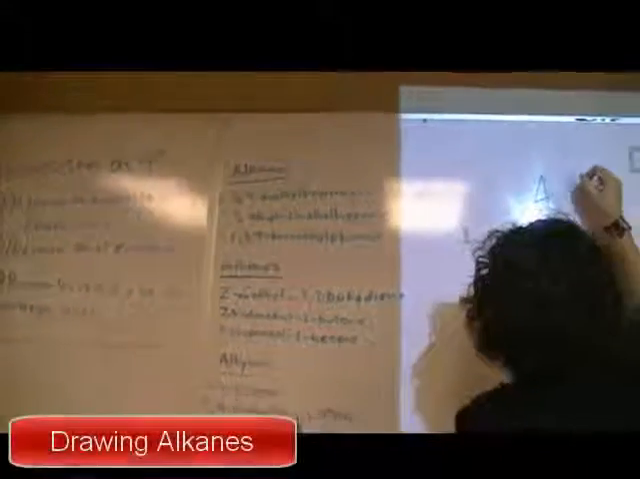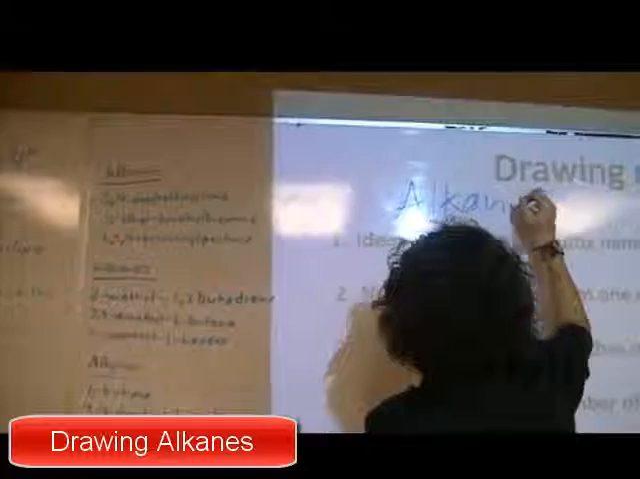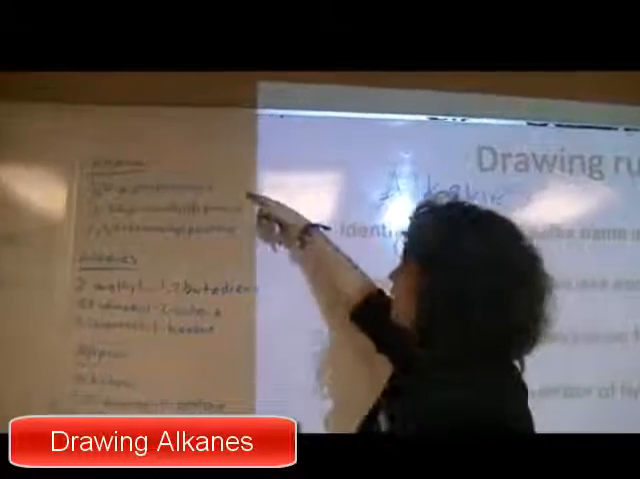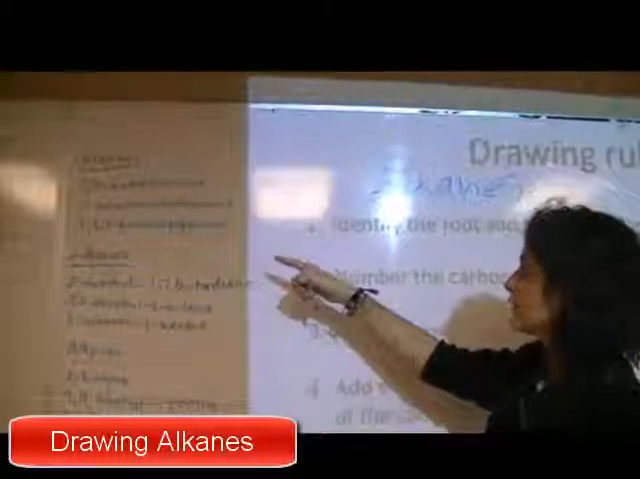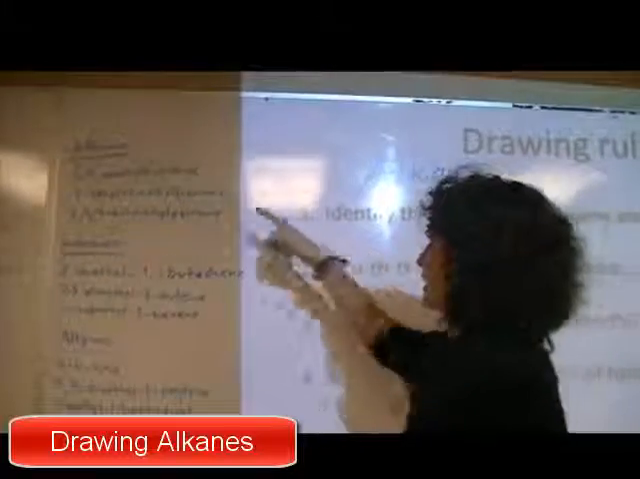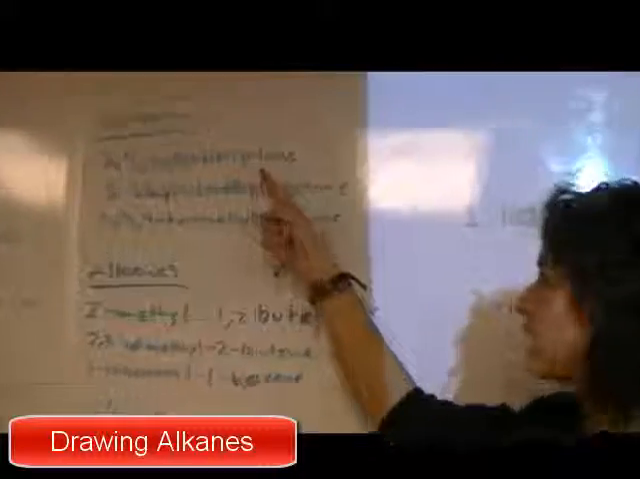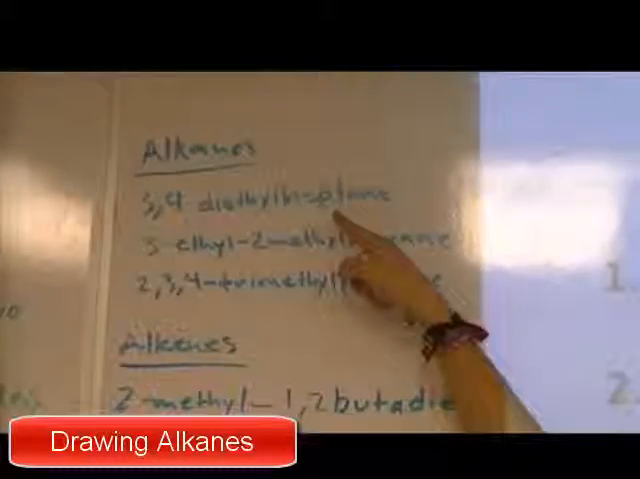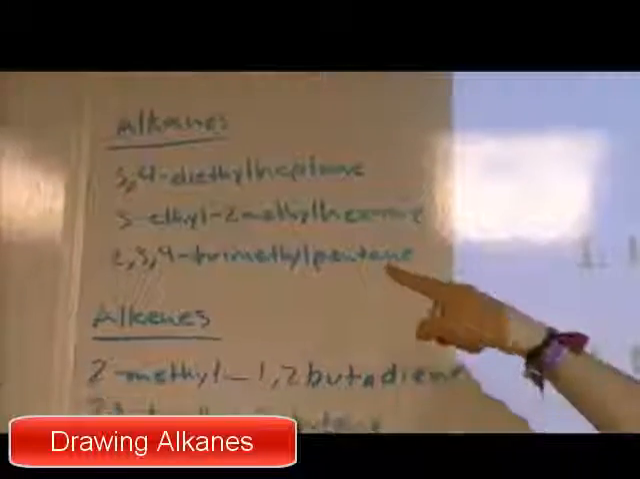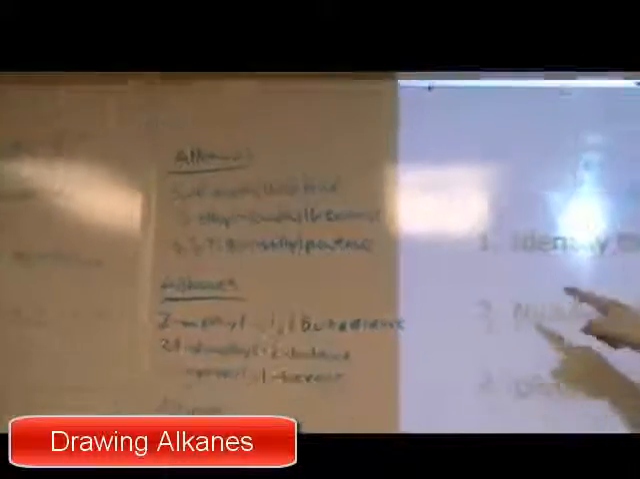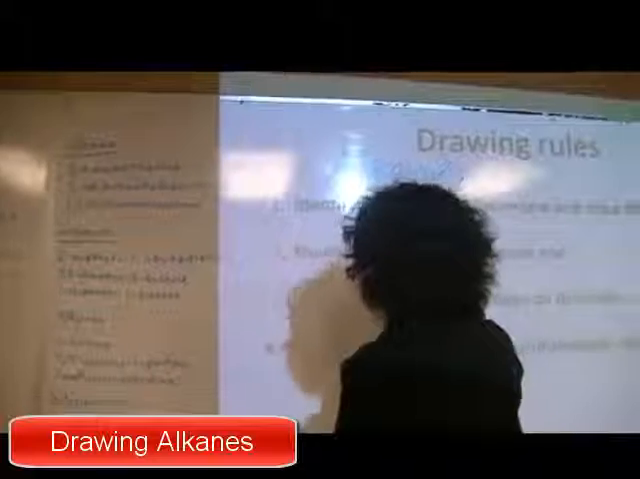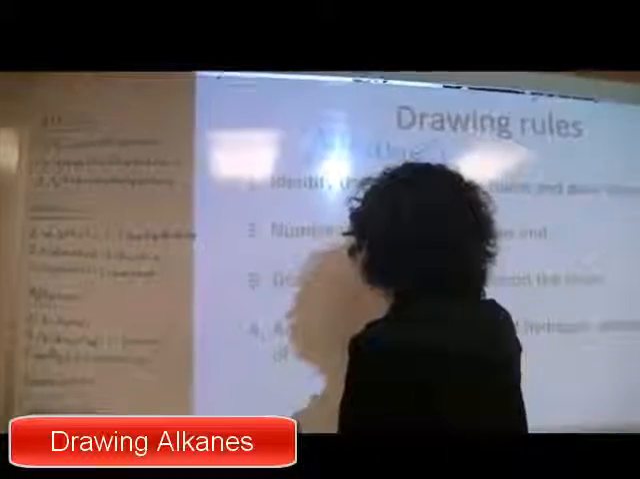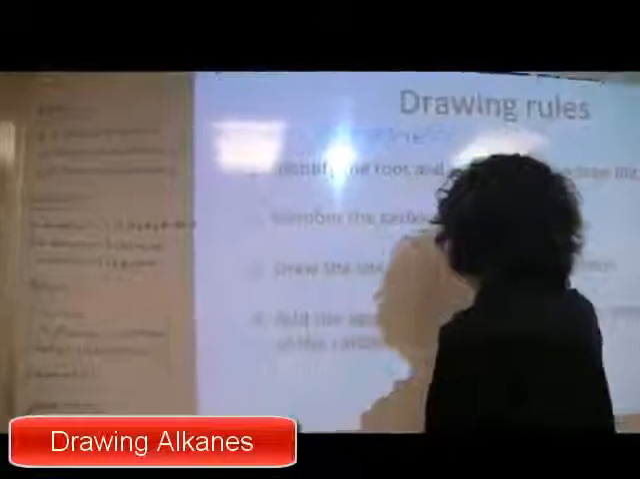We're going to start with some examples of each type of hydrocarbon. First are going to be the alkanes. So the first one is 3,4-diethylheptane. It's a chain of 7 carbon atoms because of the root hept, with 2 ethyls in carbon number 3 and number 4. So it's going to be C, C, C,